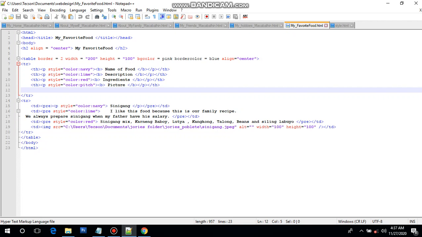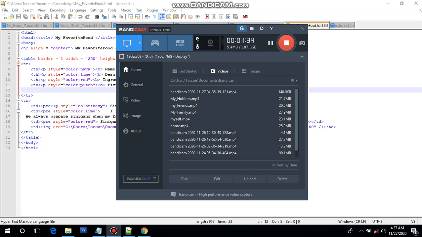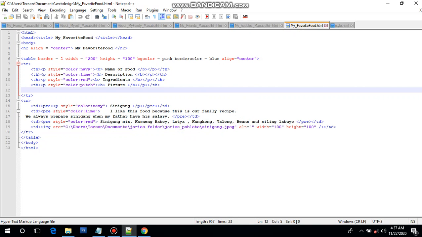of the table is 200. The height is 100. The color is pink, and the border is blue, and we've assigned it to center.